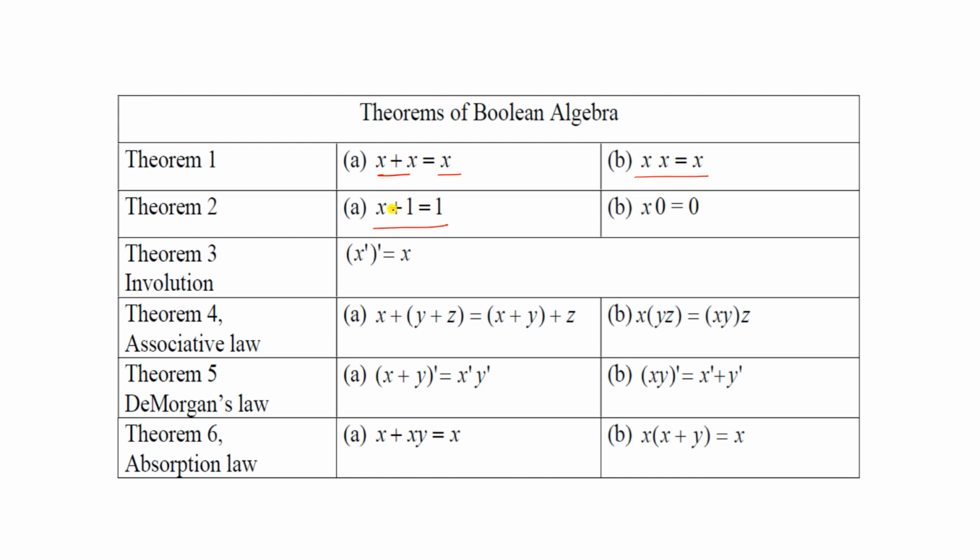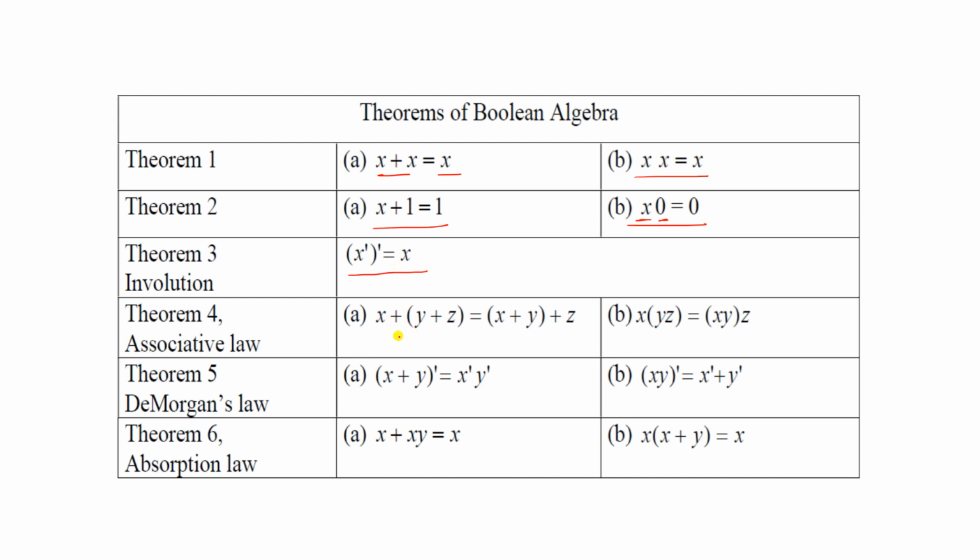Look at this. This is basically a logical OR. So whenever one of the two variables is true, then automatically it will be true. Similarly, this is AND. If one of the two variables is false, then this will be false. Whatever the value of x is, it may be true, it may be false, but this is false. So in logical AND, if one of the variables is false, then this logical AND will always be false. Complement of complement, this is the original variable.